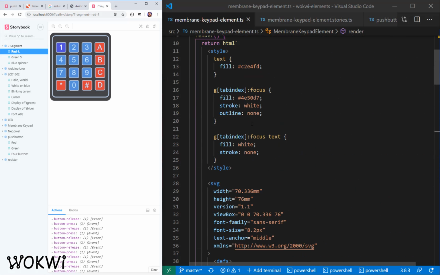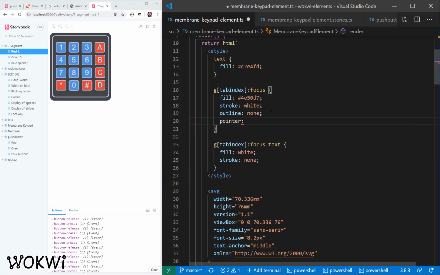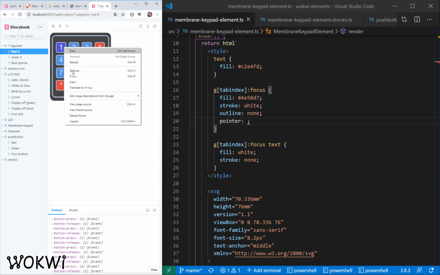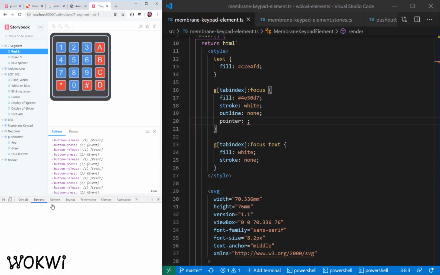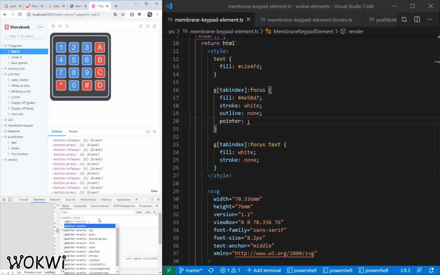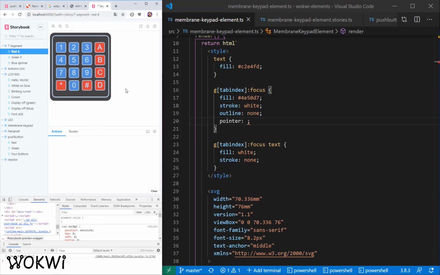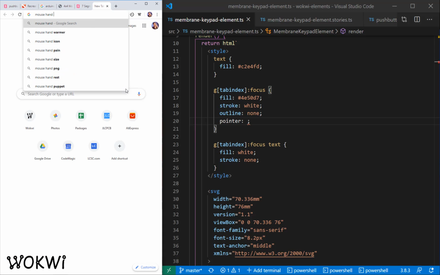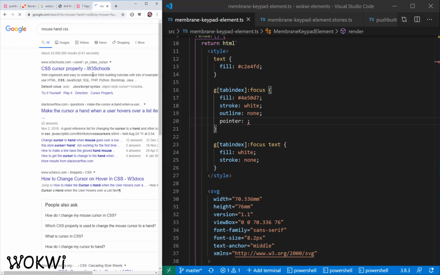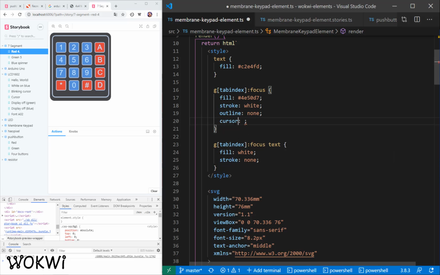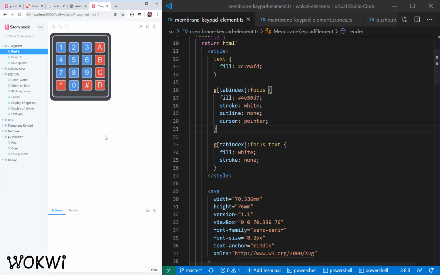Another thing I want to do is to change the pointer. So the pointer should be what is called hand. I always forget. Let's ask Chrome. Not pointer. I forgot this. Mouse hand CSS cursor, right? Cursor pointer. So the cursor should be pointer, which gives us this nice little hand when I go over these elements with the mouse,